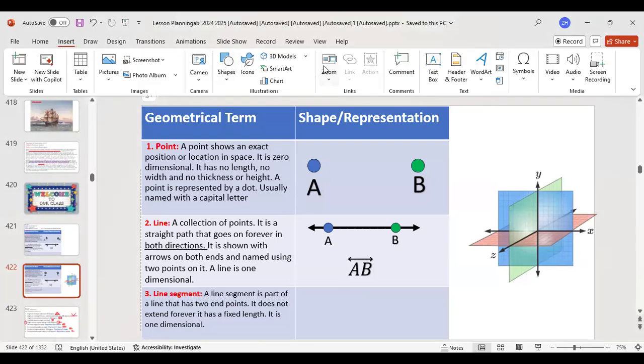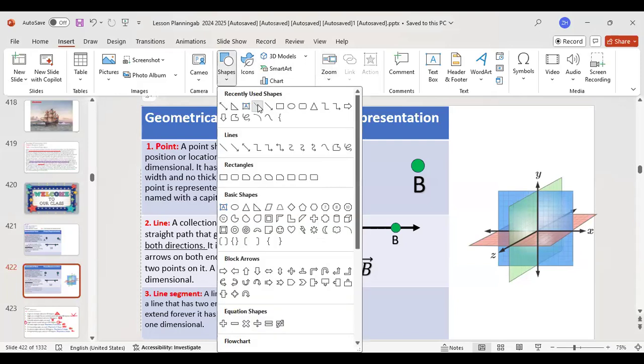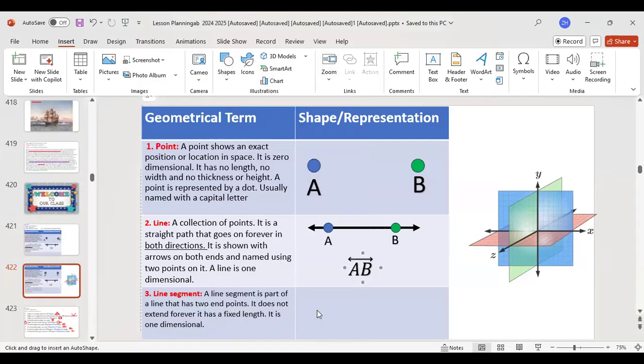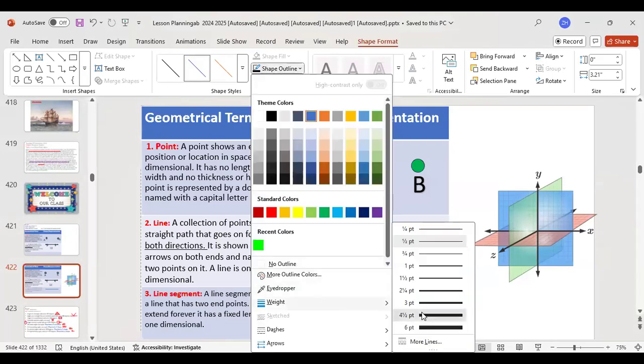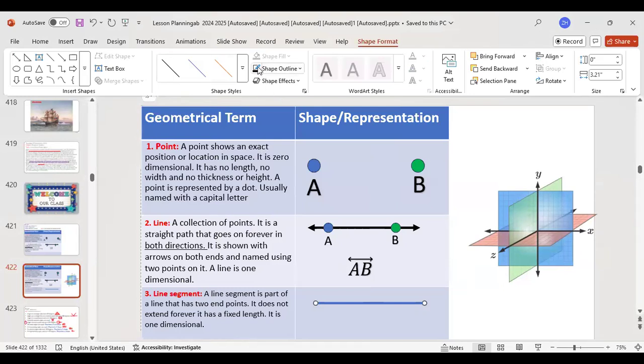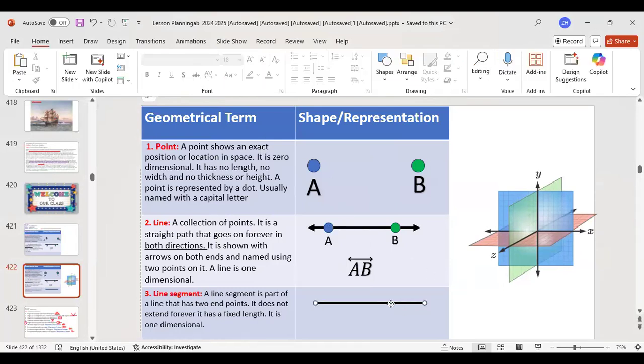So this is a line segment. What do I have to do to get a line segment? You keep telling me you don't get it. What do I have to do to get a line segment? Just have two endpoints. I have to have 2 dots at the end. Very good. So we're going to thicken this and thicken it like that.